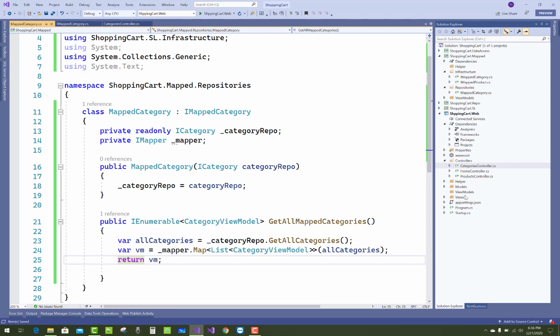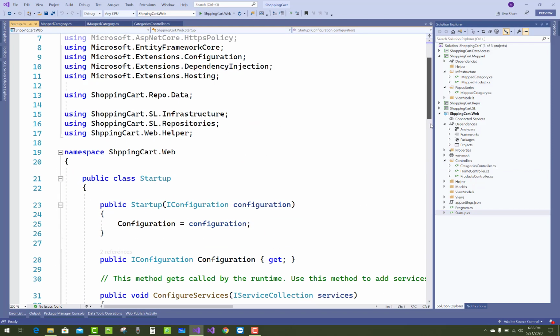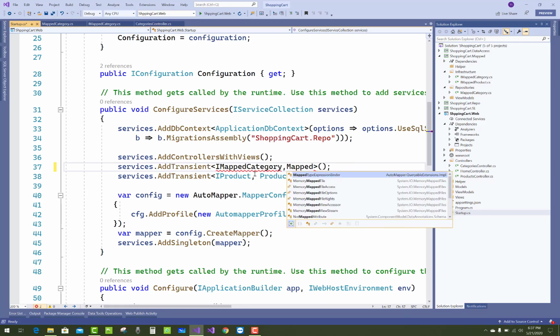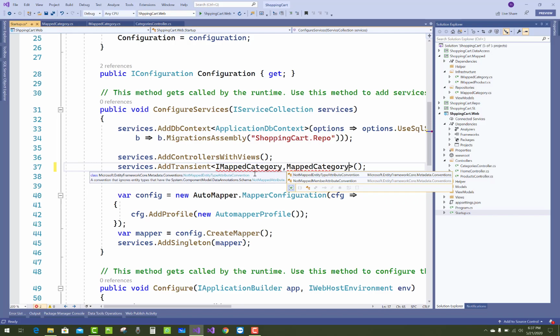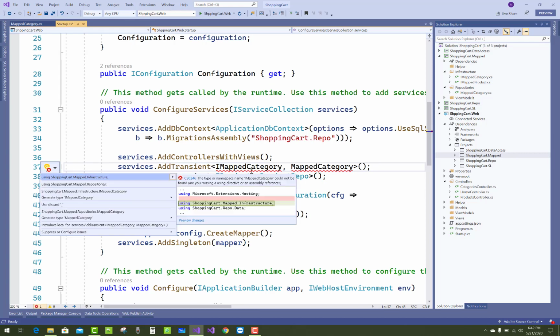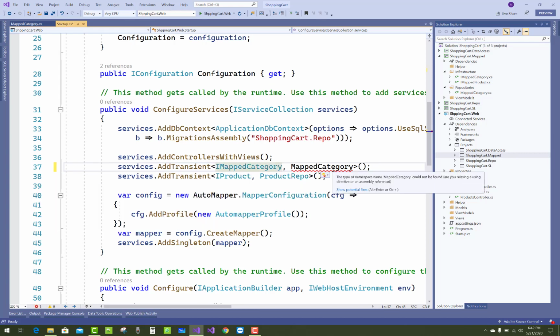So return view model. Here we have an injection property, ICategory. Instead of ICategory, use IMappedCategory, and for the category repo you can use mapped category. In a later session I will discuss all these things.